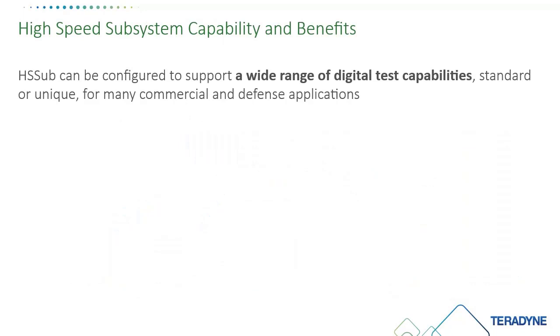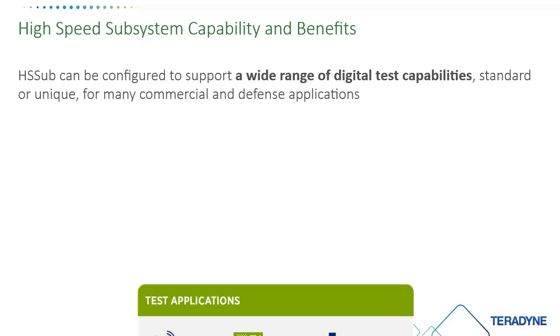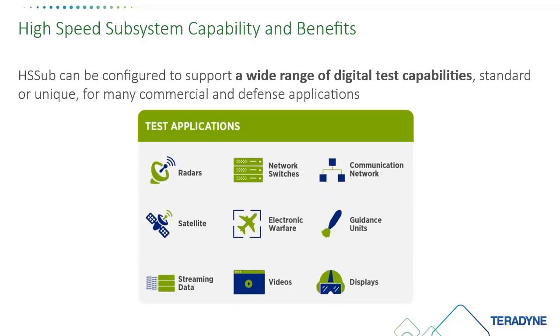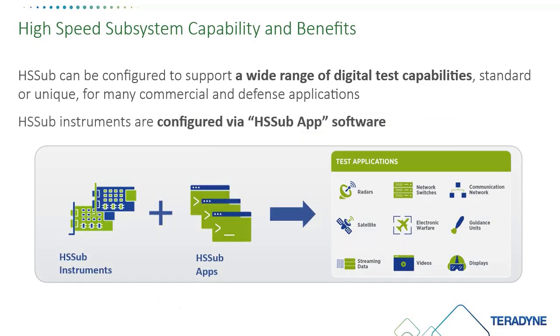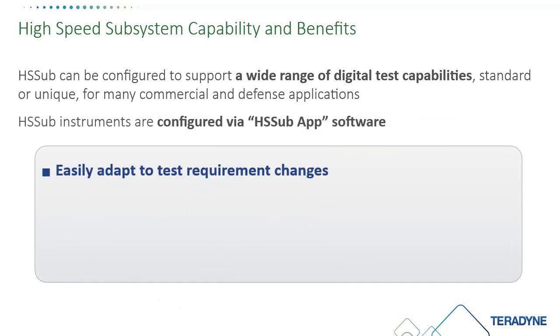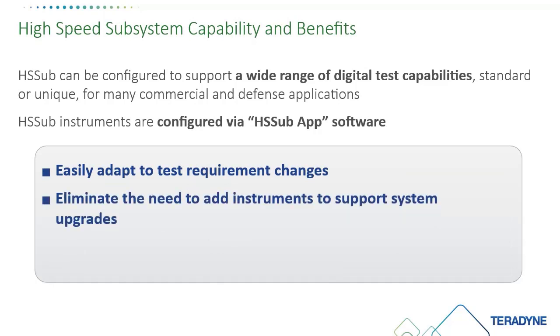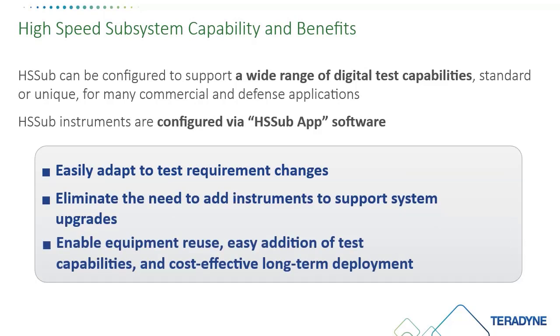The HSSub family of hardware and software provides a wide range of digital test capabilities, standard or unique, that can support many commercial and defense test applications, such as AESA radars, communication networks, satellites, electronic warfare, missile guidance, surveillance, and displays. HSSub instruments are configured via software, allowing them to easily adapt to test requirement changes, reducing the need to add instruments. The modular and open architecture enables equipment reuse, easy addition and expansion of test capabilities, and cost-effective long-term